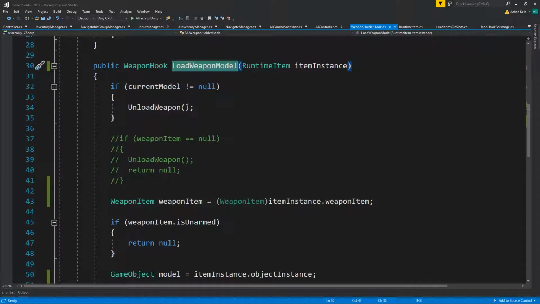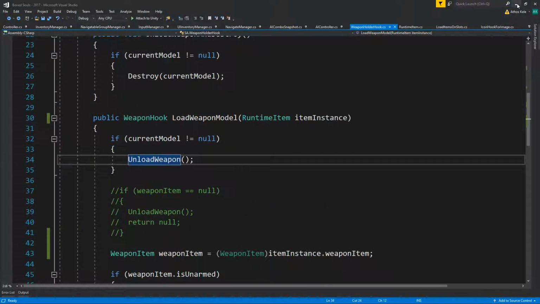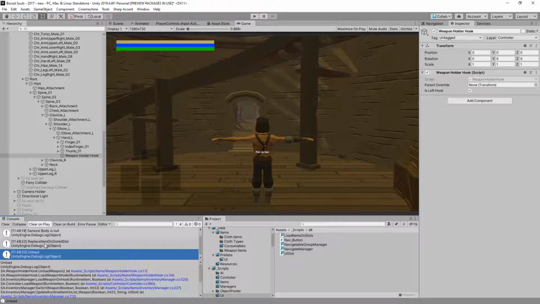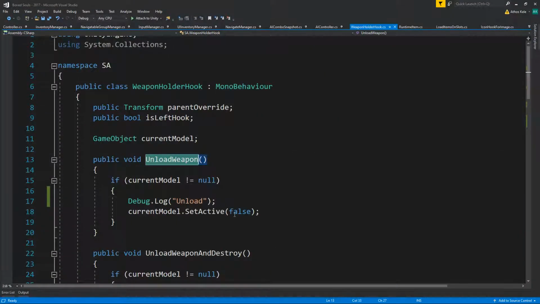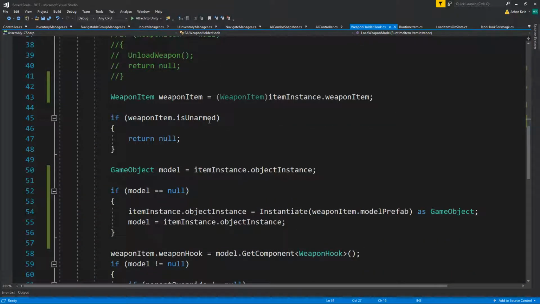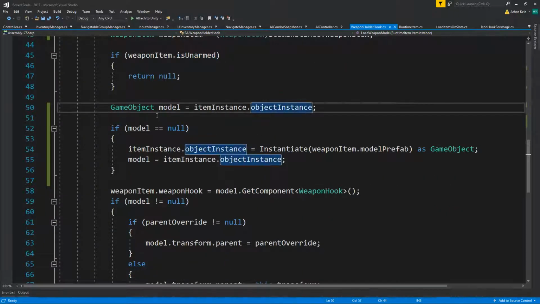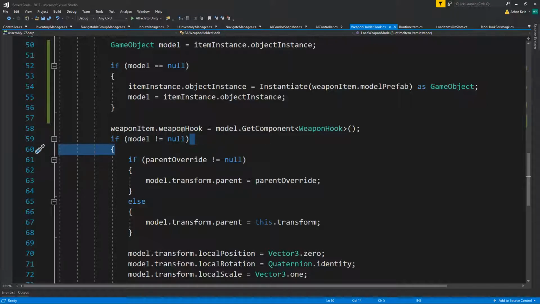If current model is not null, unload weapon, where you're going to unload it. We did get one unload, and unloading a model means you're closing it. Then back to the weapon item, we check if it's unarmed, okay, model distance, object distance, weapon hook,